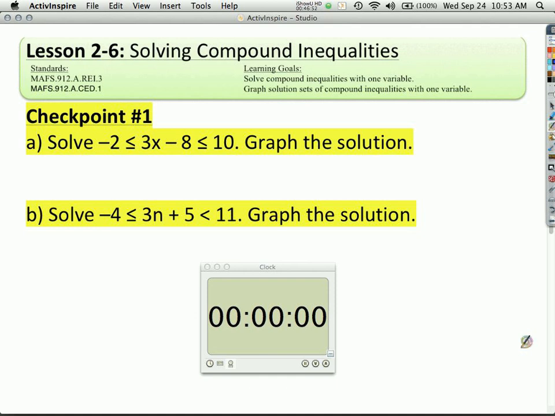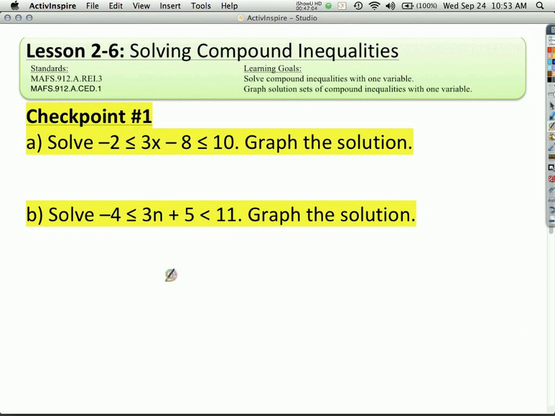So we're on part A only. We got number 2, number 7, and number 16. Just tell me your solution to part A. Number 2. 2 is less than or equal to x, and x is less than or equal to 6. Okay. And number 7? 2 is